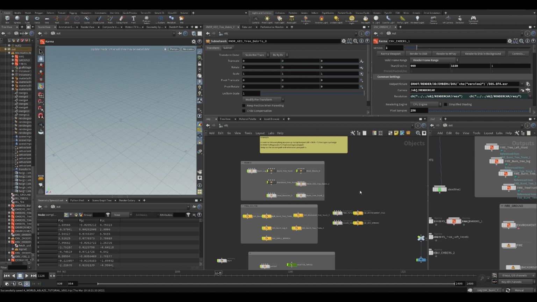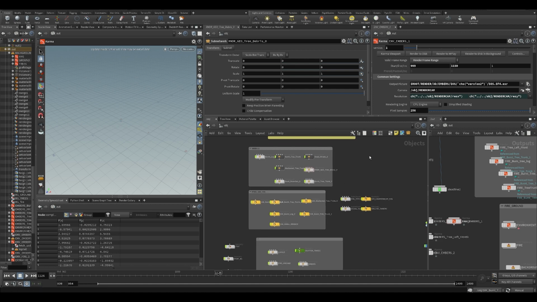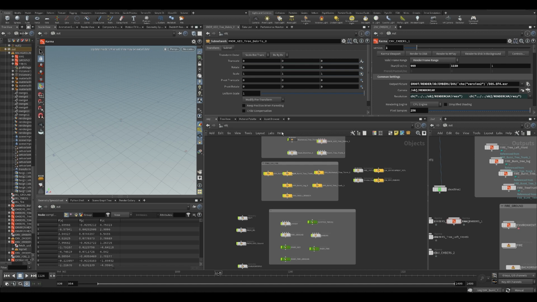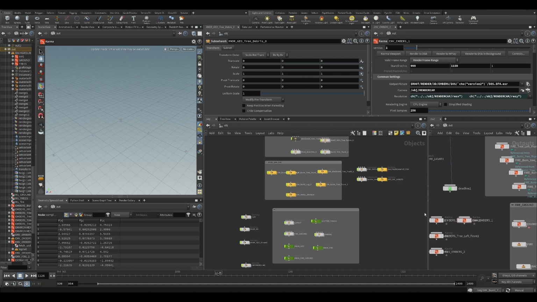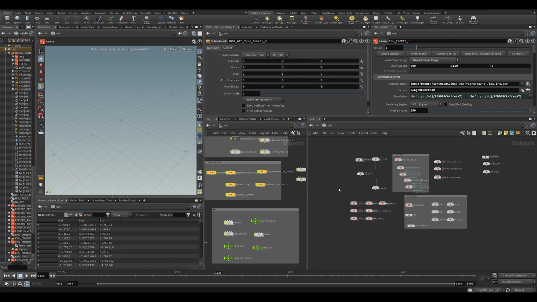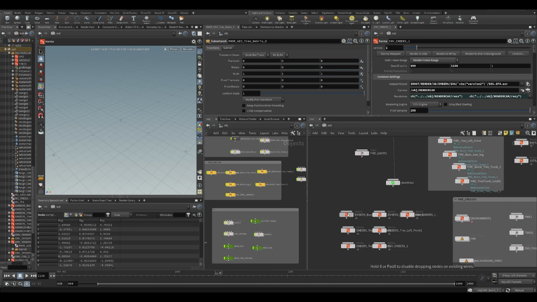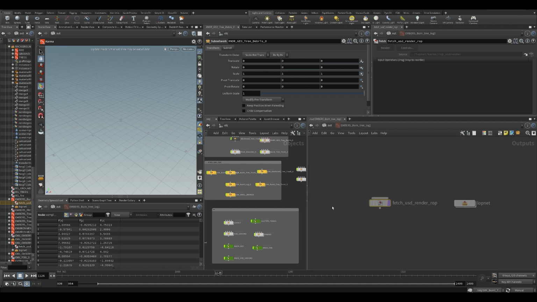So there's some stuff here that I've done that changed down the line, but we'll get to that in a little bit. And also because I was rendering this in Karma, as you can see, there's a whole bunch of Karma ROPs here. Essentially, well, you probably already know, but Karma is the replacement for Mantra, and it runs in Solaris. And as of Houdini 19, there's also now the Karma ROP here, which is essentially just the Solaris Karma